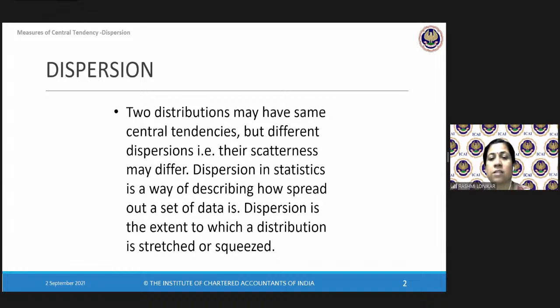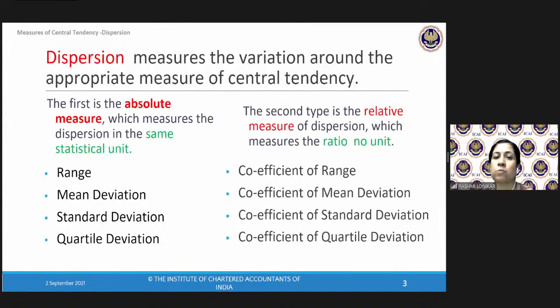So dispersion is, in statistics, a way of describing how spread out the data set is. Either the data is stretched or it is squeezed. Now dispersion measures a variation around an appropriate measure. What are the appropriate measures of central tendency that we usually talk about? Mean, median, mode. Here in your syllabus we are going to talk about mean and median. Here we have two different types: one are the absolute measures, which are expressed in the same statistical unit, and the other are the relative measures